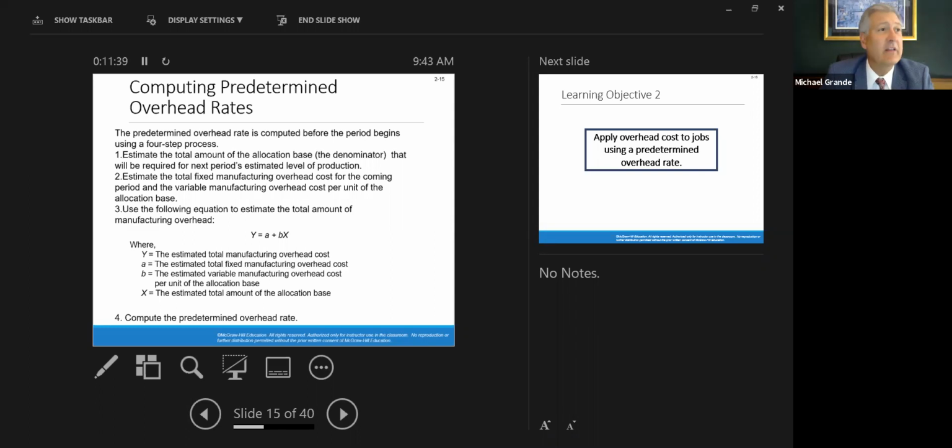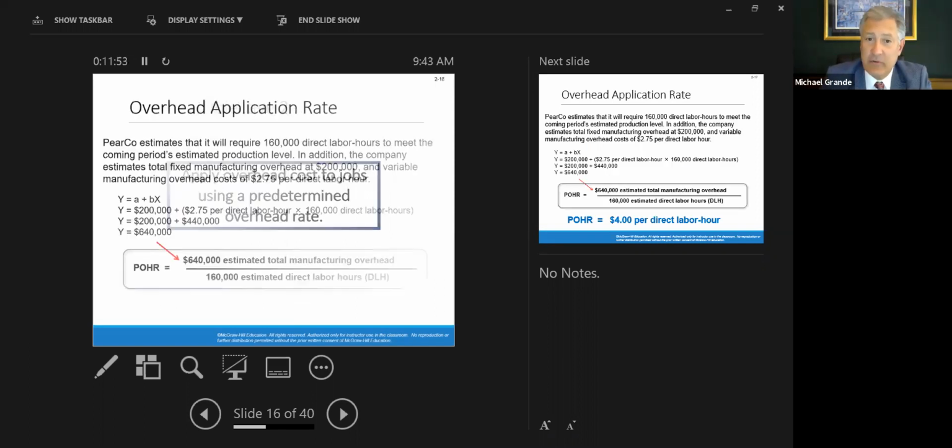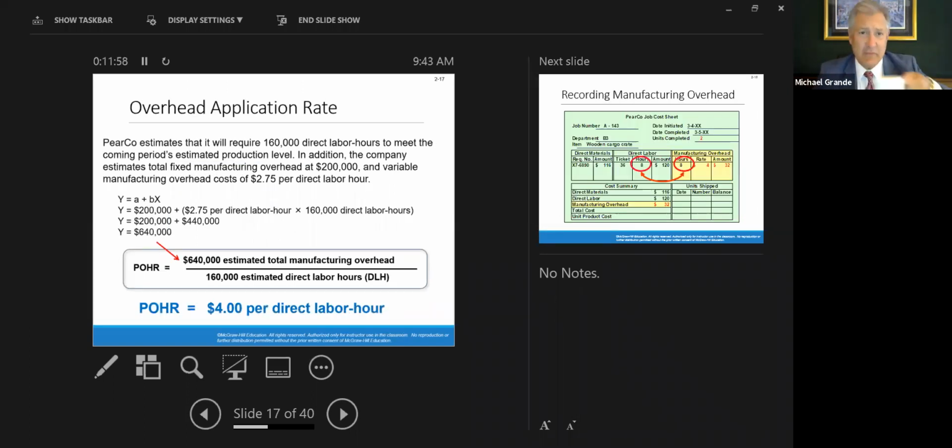Again, how do we calculate the predetermined overhead rate? Total estimated manufacturing overhead dollars divided by the total estimated activity base. Applying overhead cost to jobs using the predetermined overhead rate. So here's an example. Peer Company estimates